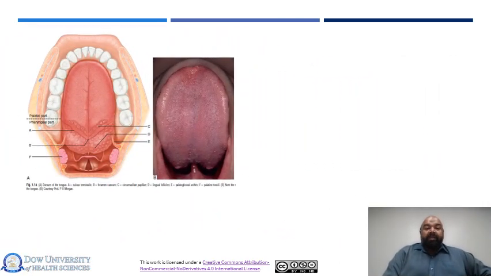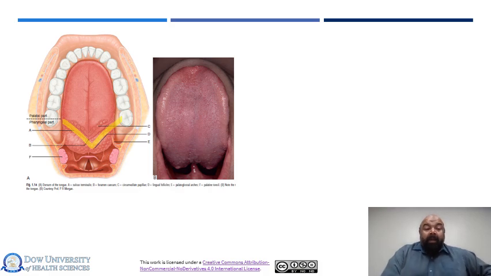So we'll now briefly look at the structure of the tongue. This is the anterior part, and the superior part of the tongue is known as the dorsum, or the dorsal surface of the tongue. It has two parts. The first is the palatal part, which is the anterior two-thirds, and the posterior one-third is known as the pharyngeal part. What demarcates the anterior and the posterior parts is the sulcus terminalis, which is a V-shaped structure. Just anterior to the sulcus terminalis, there are around 7 to 10 protuberances, which are known as